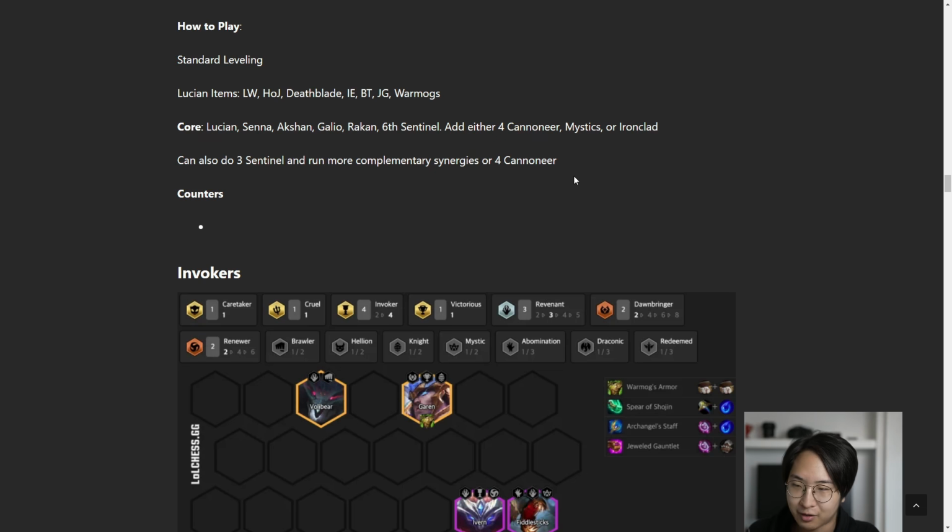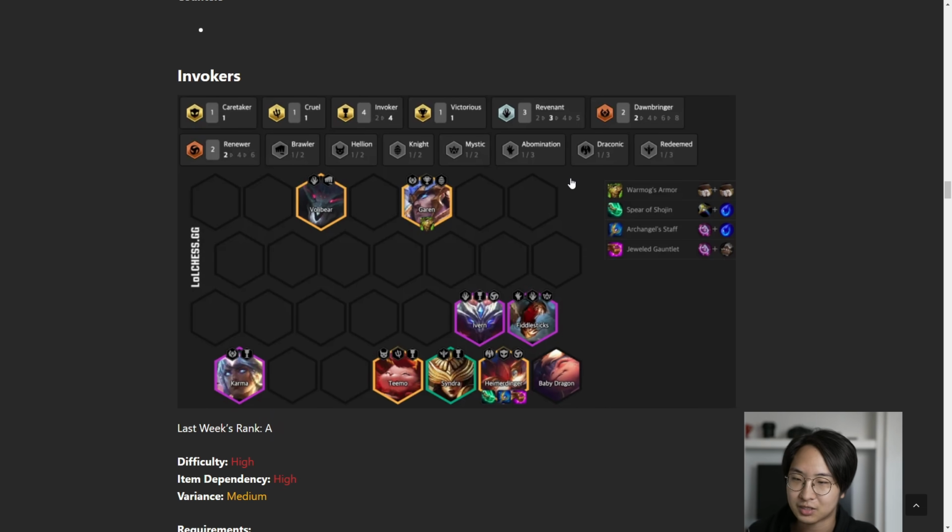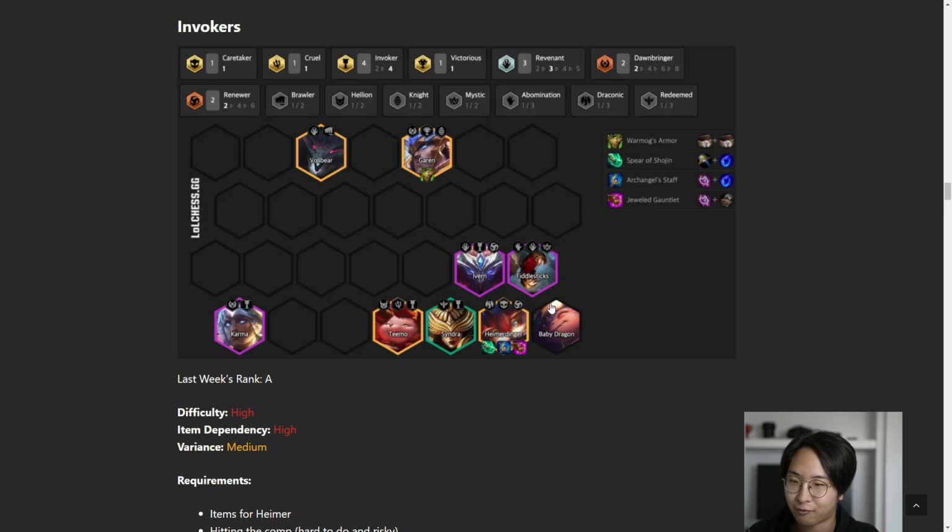And yeah, standard leveling pattern, no surprises there. Next up, we have Invokers. This is like the legendary Wet Dream. 4 legendaries in this comp here. You could add in more if you so choose, but we have the 4 Invoker version right now so that